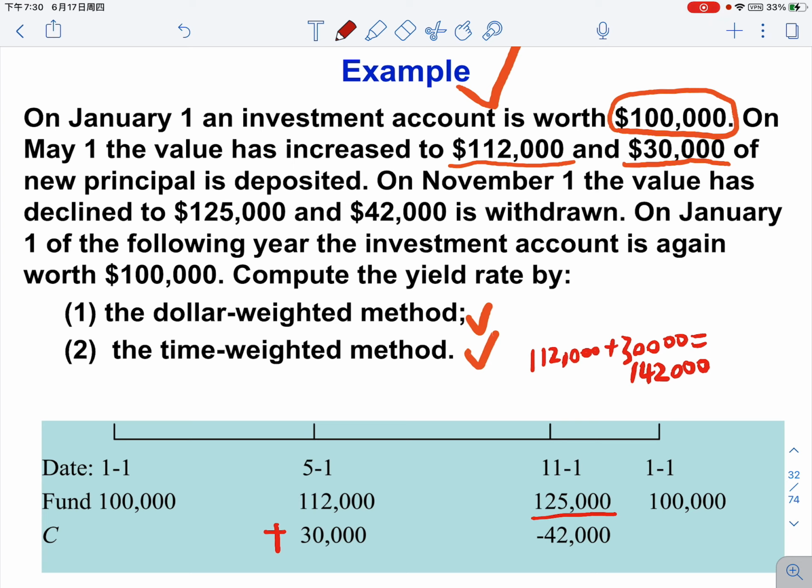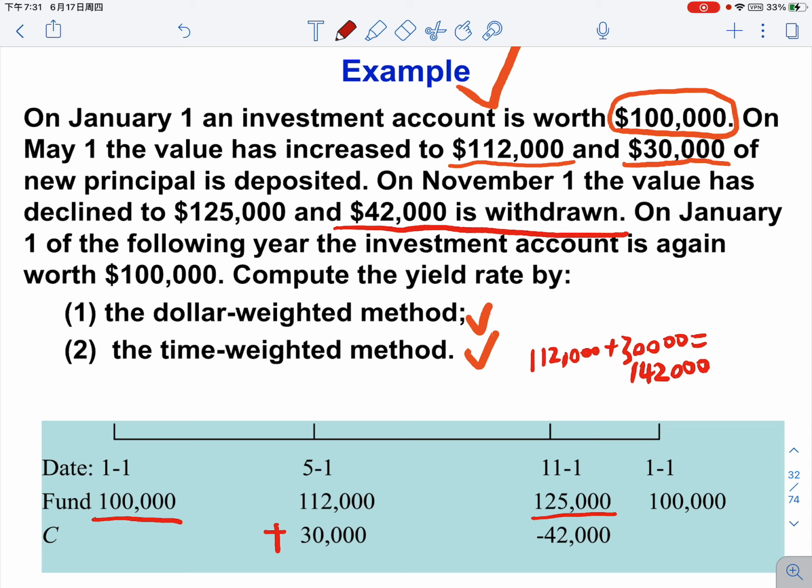And then this amount of money is withdrawn, so you can see that C is negative. On January 1st of the following year, the investment account is the same as it was last year. So the question is to compute the yield rate by the two methods,